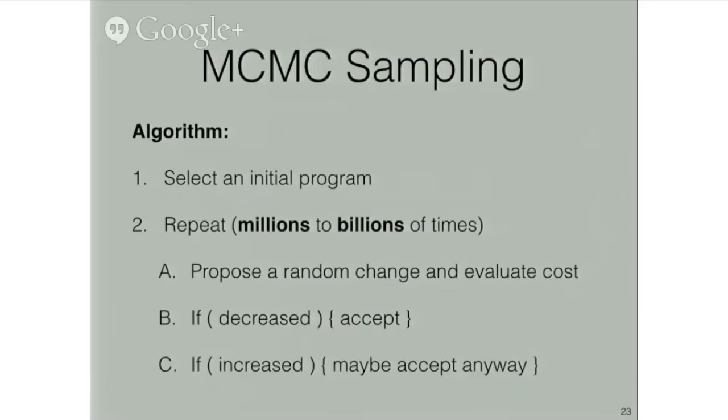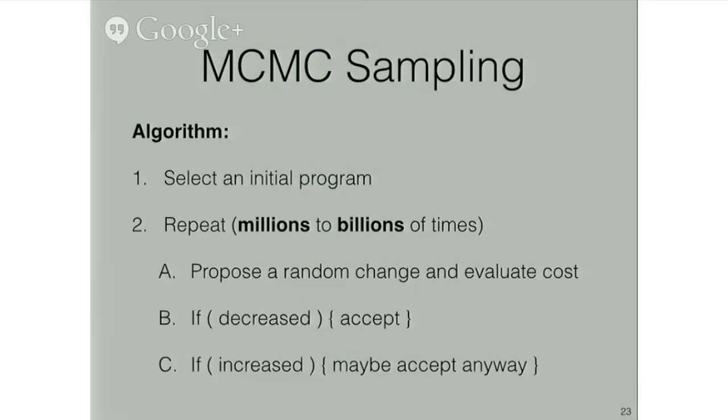So here is a high-level sketch of the algorithm. This actually is more or less the algorithm. We start by selecting an arbitrary point in the space. For synthesis, this is any random rewrite. And for optimization, this is any rewrite from one of those blue regions of correct implementations. And then for as long as we have the computational budget to do so, we just repeat.